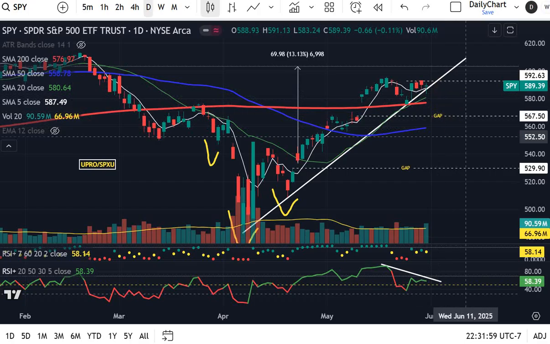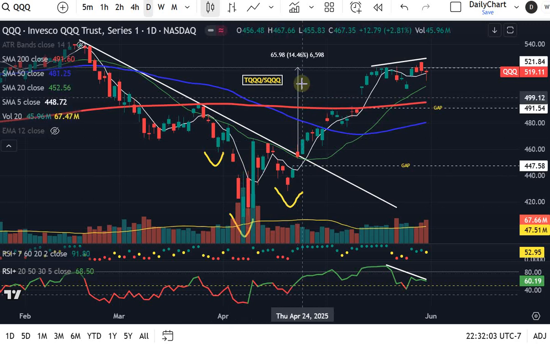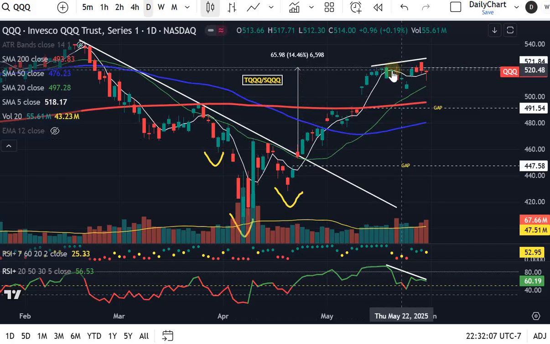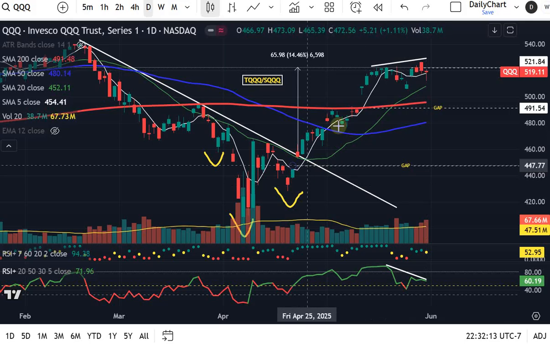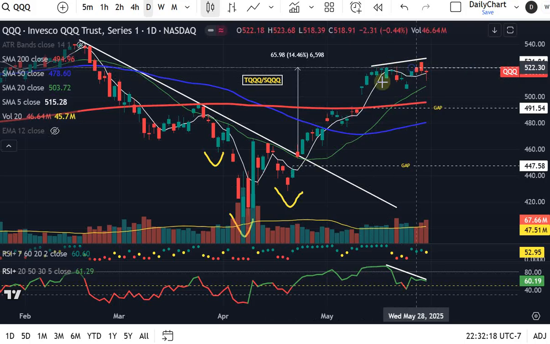Looking at the Qs, we have the head and shoulders. Here's our price target based on that inverse head and shoulders, and we hit it back on May 16th, and since then it's kind of been trading sideways. You could argue that we have a bullish flag formation at the same time,